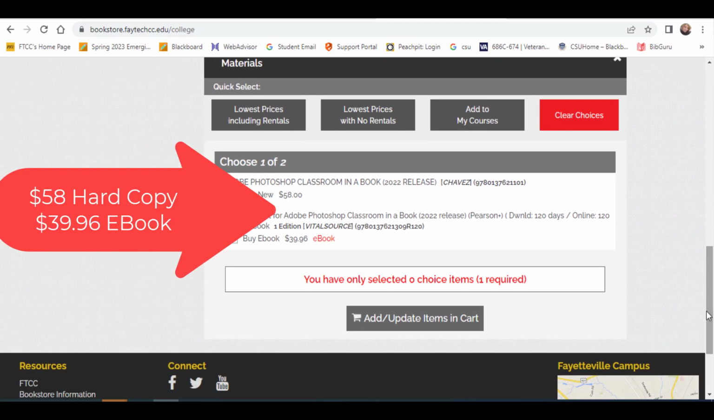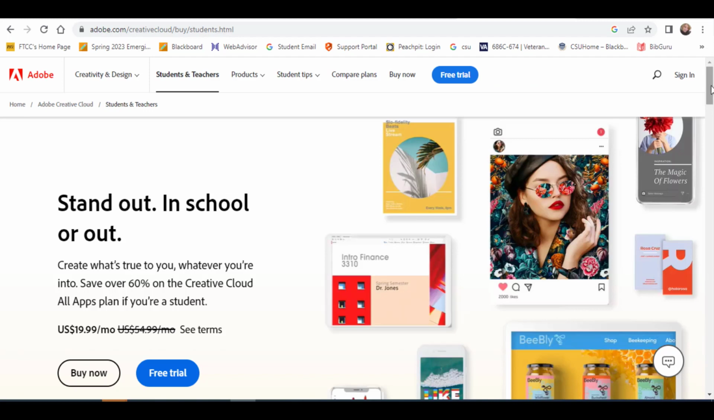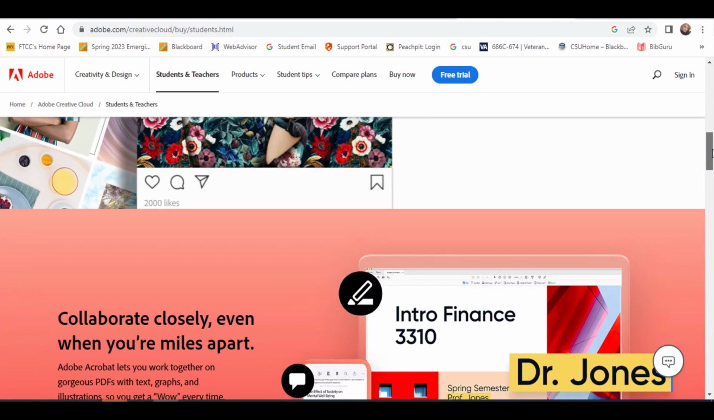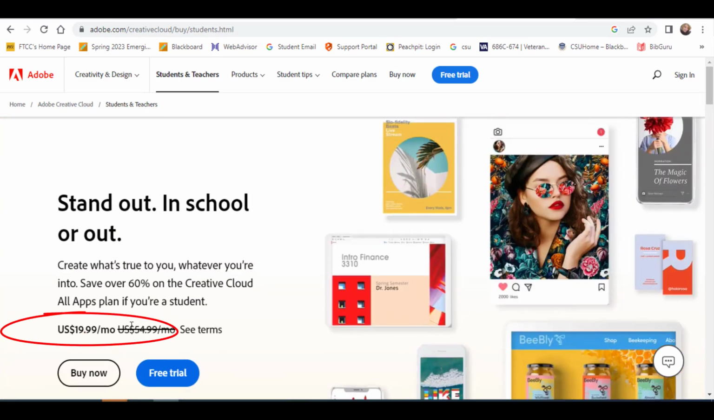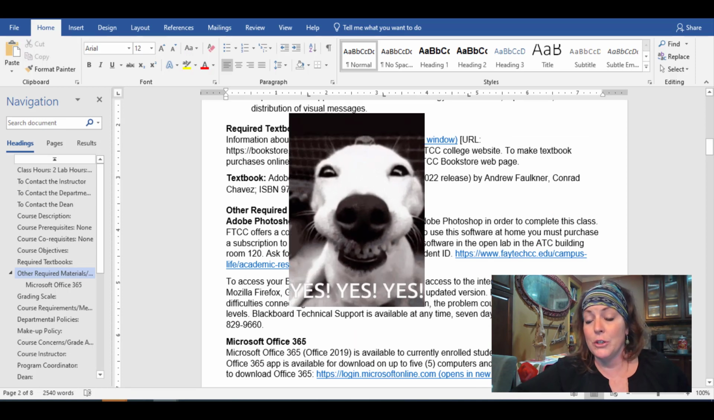The other things that you need are Adobe Photoshop. Now, I want to mention Adobe Photoshop to you. If you Google student subscription for Adobe Photoshop, you can get it at a discounted rate, which I think is about $20 a month. Do you need to purchase Adobe Photoshop? Well, if you plan to take this class from home, absolutely yes, you do. That is an expectation. If you plan to come to school, we do have computers with Adobe on them,